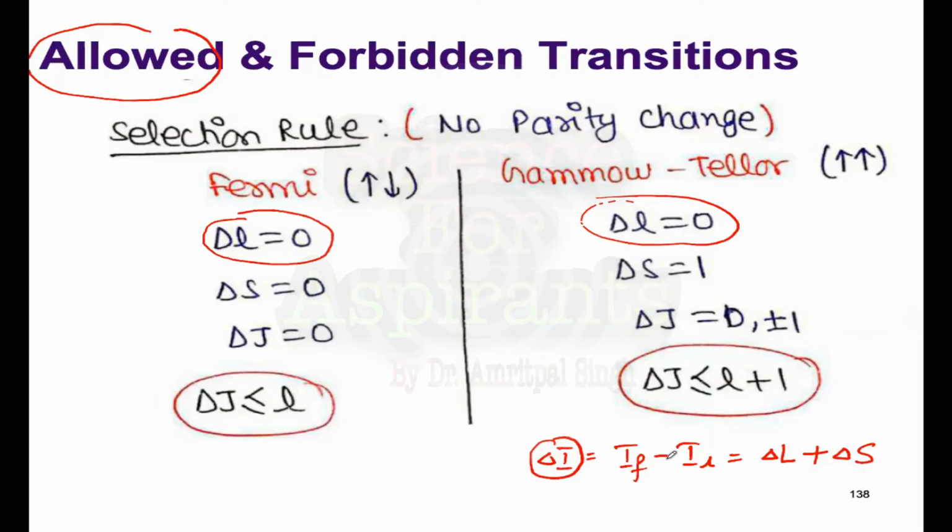Now in these allowed transitions, this is the key point. If any transition is given and there is no change of delta L value from the initial to the final state, or from parent to daughter nuclei, then you can get the idea that this is an allowed transition. Moving to the second step, the emitted electron and neutrino particles: their spin is quite important. Consider the case where the electron and the anti-neutrino have anti-parallel spin.